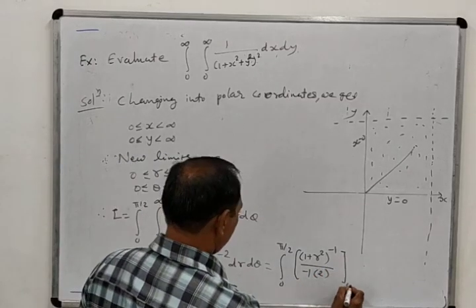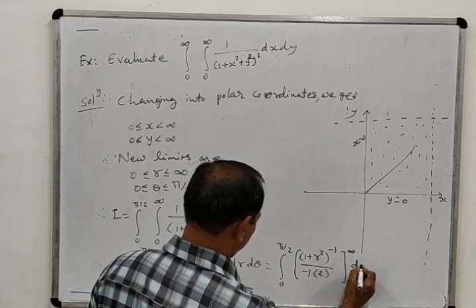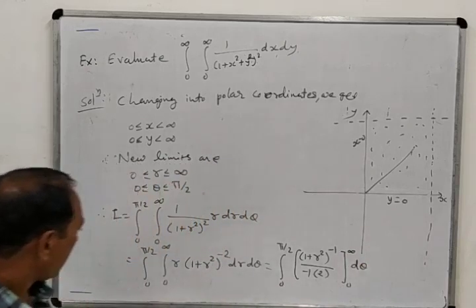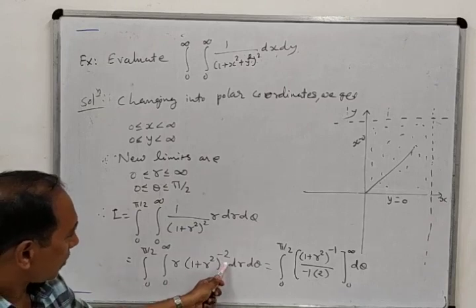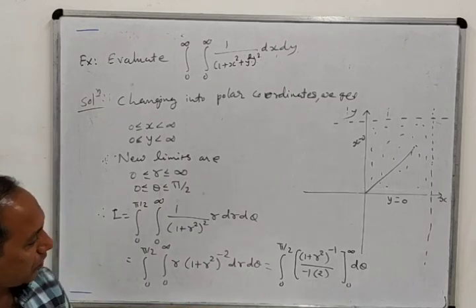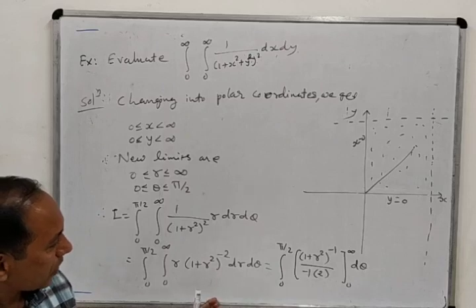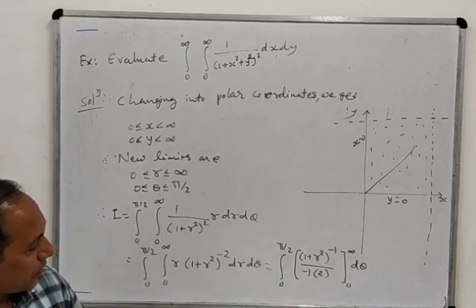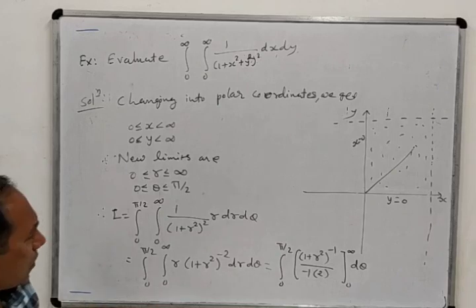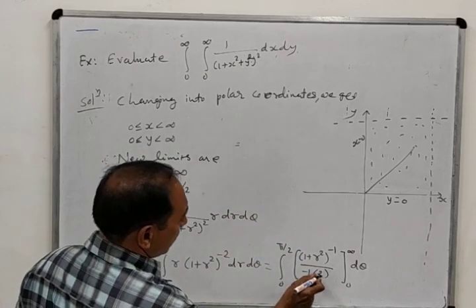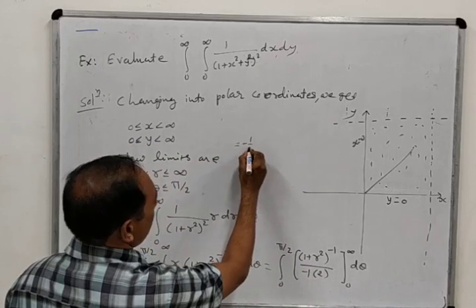So it has the limit 0 to infinity, d theta. Okay? Actually, here again the structure of r and theta both are different, so you could have done this in a single step, both the derivatives. But if you do this, then also it will do. So here this is what? Minus 2. So minus 1 half I will write down here.